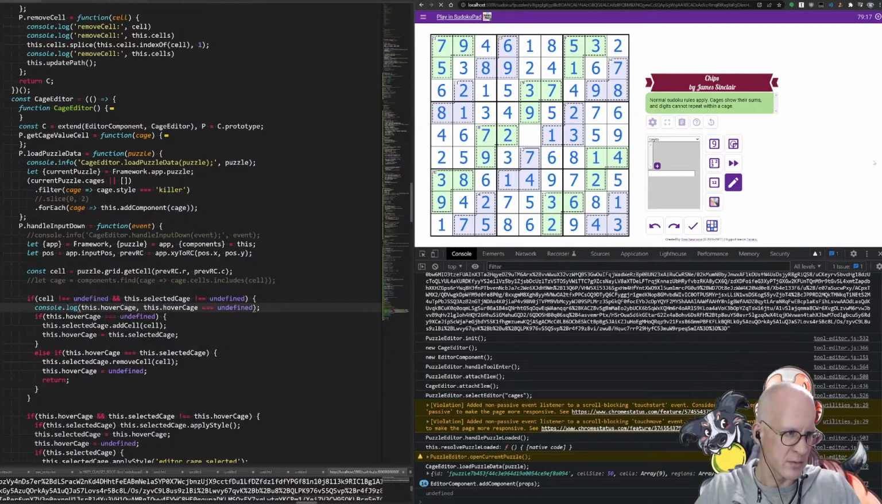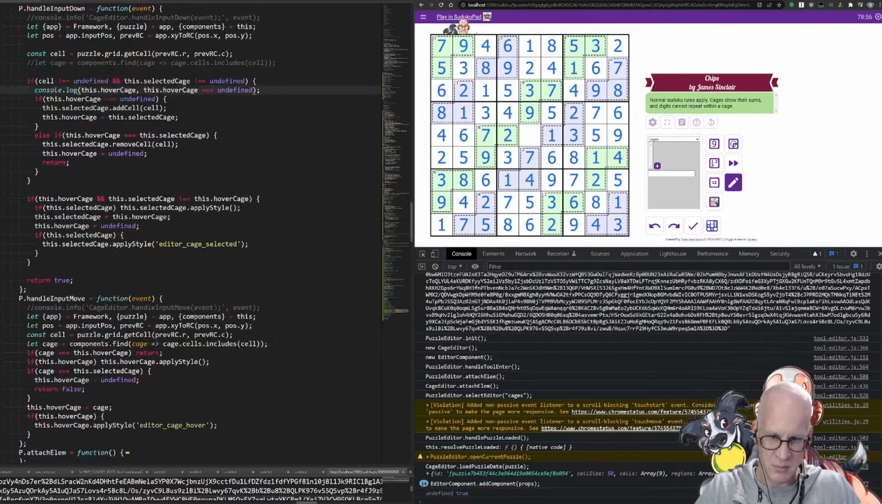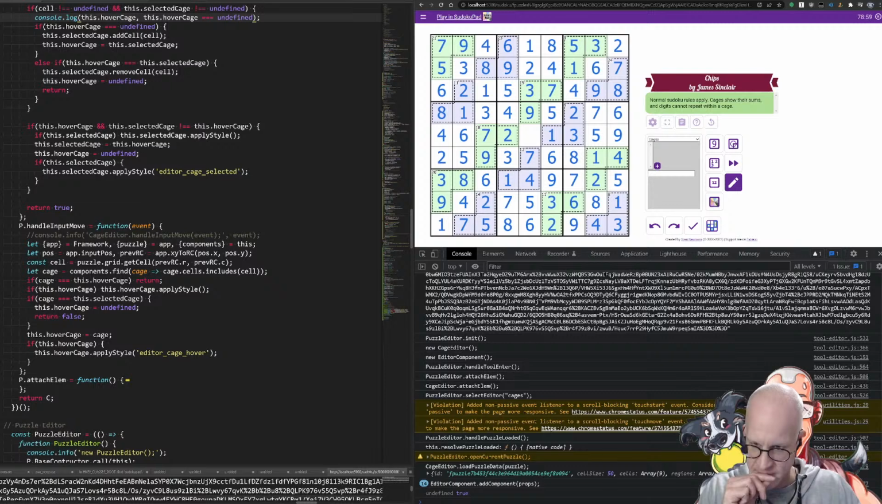Wait, why is it undefined? Didn't I just click on the thing? Undefined is true. Why is this undefined? If cage equals this dot selected cage. Wait a second. If this hover cage, if cage is equal to hover cage, return. If hover cage is set, if cage is equal to selected cage, if